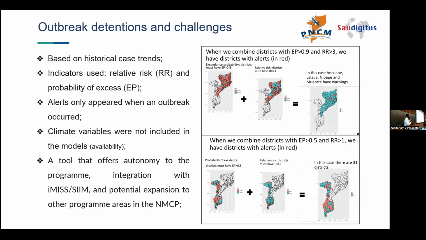They didn't have climate variables in the models to make accurate predictions. So this was not so accurate for them because they couldn't compare these cases with some covariates. And another issue is the tools that they had,